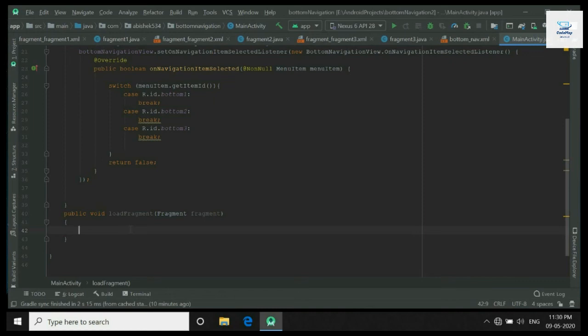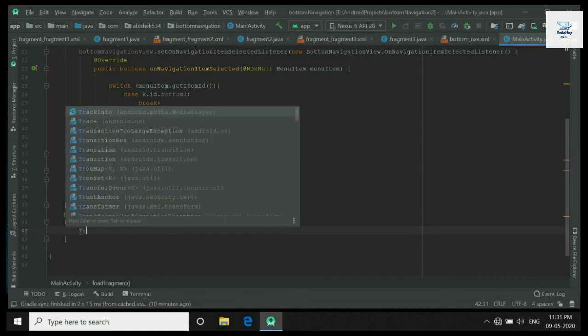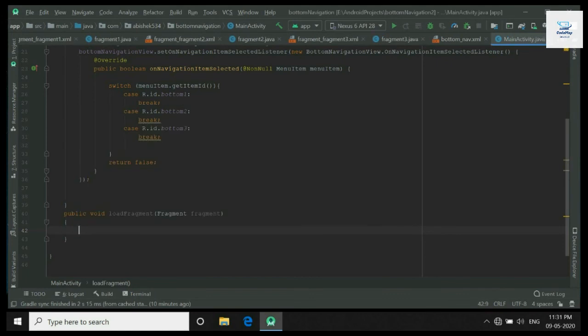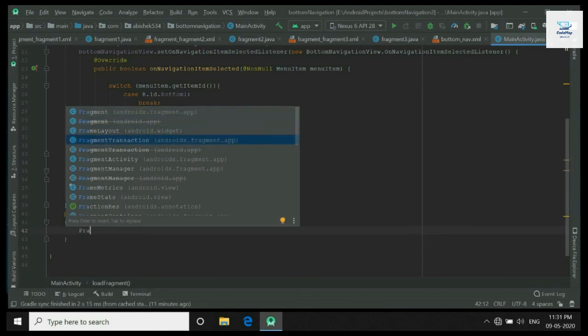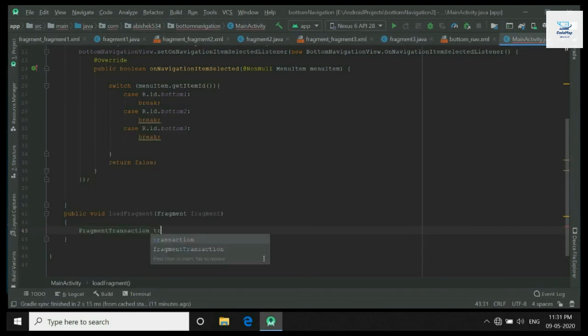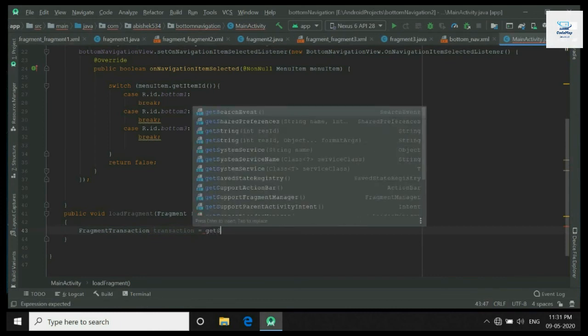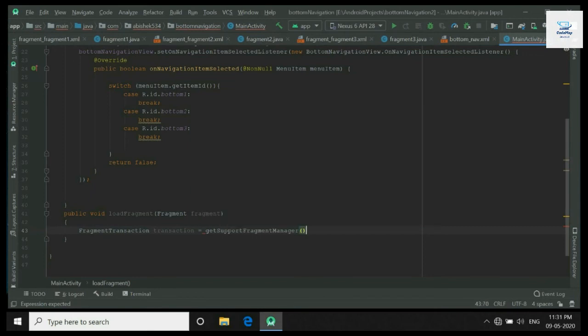Now we will write the code to load the fragment into the frame layout. Fragment transaction equals to get support fragment manager dot begin transaction